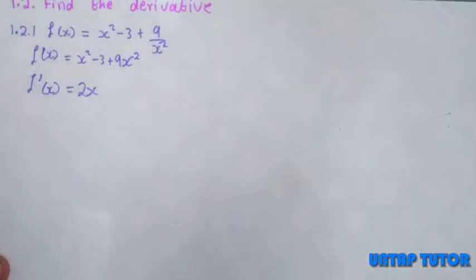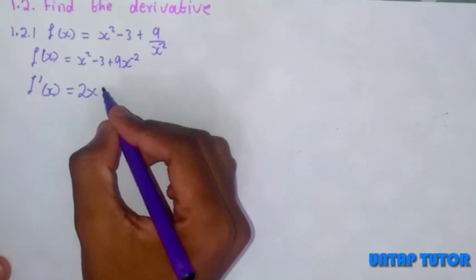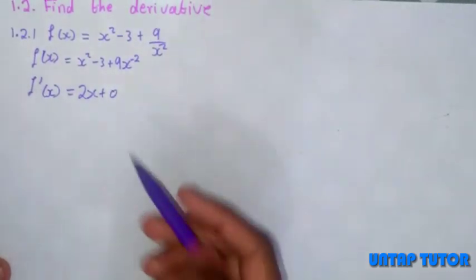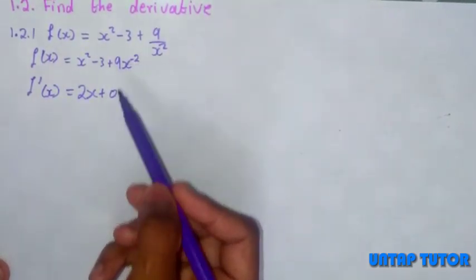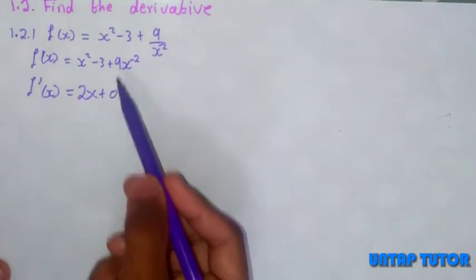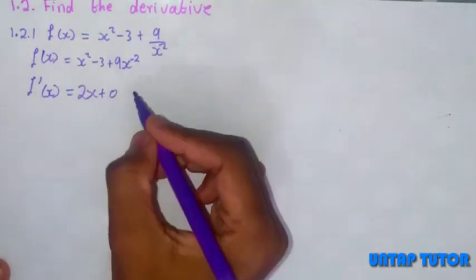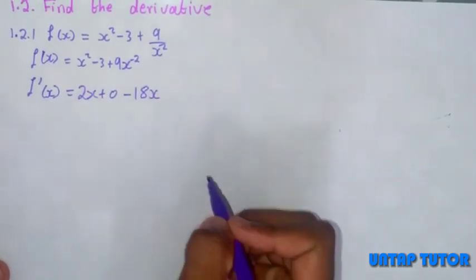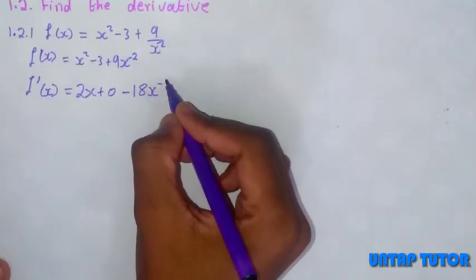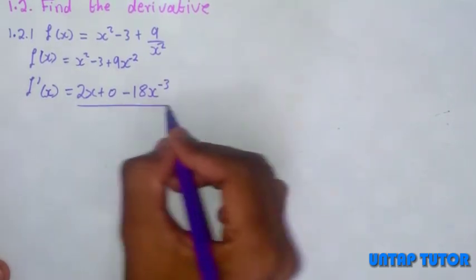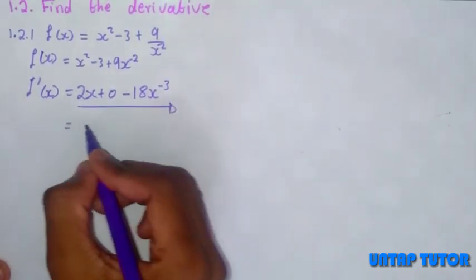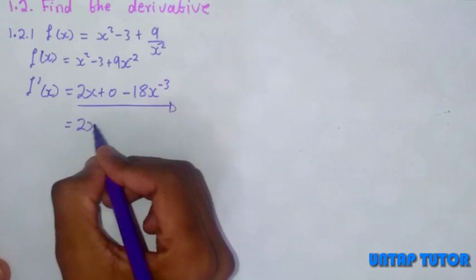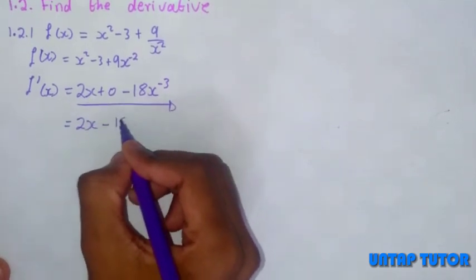This is negative 3, so deriving negative 3, that's a constant, it's going to be 0. And then this is x to the power of negative 2, so the power negative 2 times the number in front of x, which is 9, it's negative 18, times x to the power of negative 2 minus 1, which is negative 3. So there is our derivative, which you can go further and simplify to being 2x minus 18